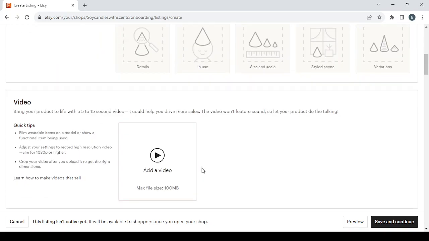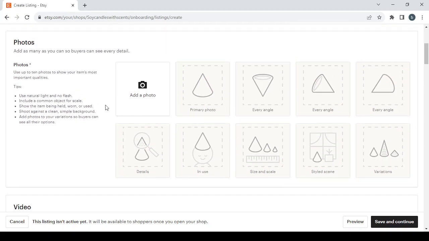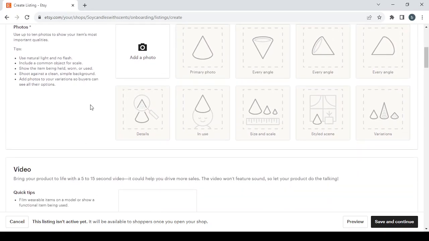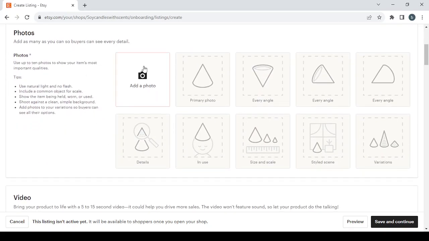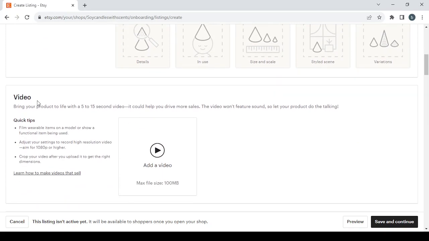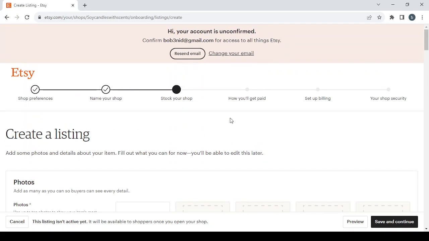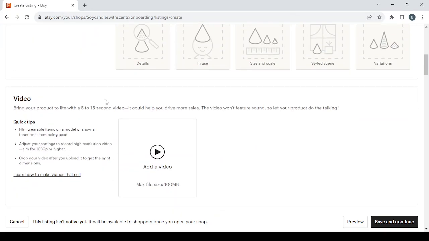to uploading a video also for your product. So guys, just to inform you, these two are important. You can't just skip one of them. You need to add photos of your product, and also you need to add a video of your product. Otherwise you will not be able to save and continue to the next step, which is choosing how you will get paid. So just make sure to add a video which is less than